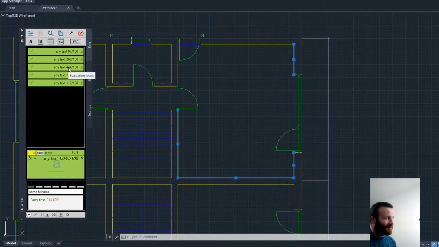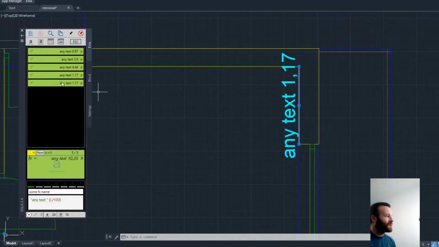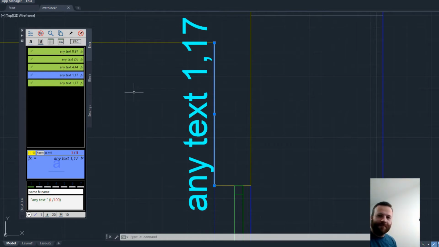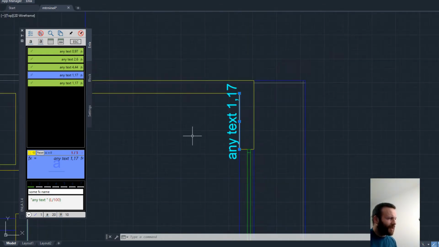Again, it is just shown here, but you want it really divided, so you put it in brackets, and here it is divided. So now with this you can do whatever you want. You can click here to insert the next object as text, and you can see it's really any text, 1.17. It is maybe here, zoom to. So it's really a nice toy to play with,